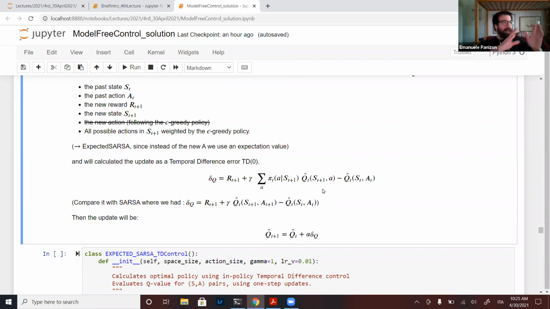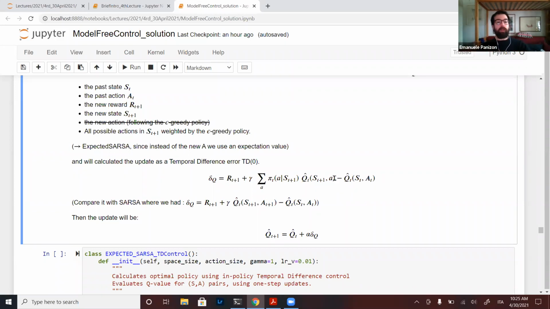So SARSA has one trajectory, one new action, and it does that both in the real world, as a trajectory, and as an update. Q-learning has a trajectory with one action, with one policy, but it does not care what action it is. It does the update with the best action it could do. And expected SARSA does a bit of both and says, I'm in a new state, I'm taking all the possible actions I could take with the probability of taking them given my policy.